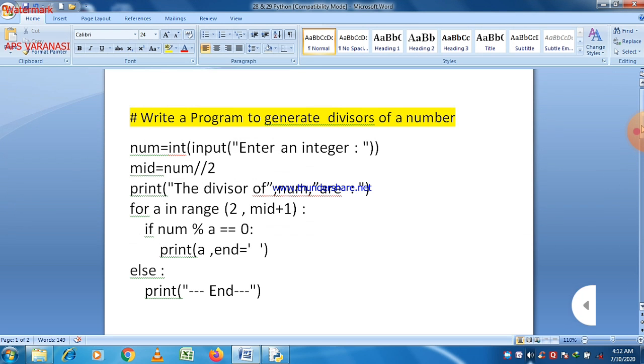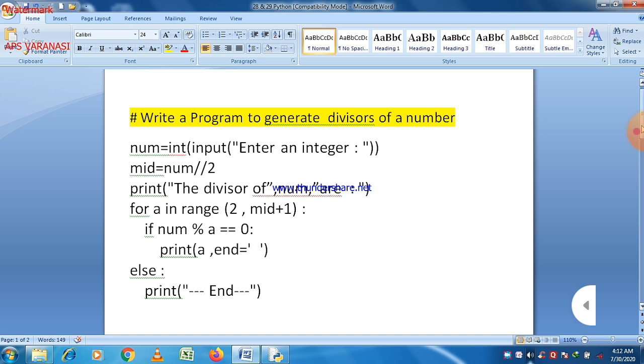And then there's an if statement within it, as part of the loop, and it says that if number modulo a is equal to 0, it means that the number is completely divisible by a, for any loop value, and then there is a statement print a, so that number will be printed here. After that there is the end argument, and within it we can see that there is a space. So when we find a divisor, it is printed followed by a space, and there is no line change. So all numbers that completely divide the given number will be printed here.